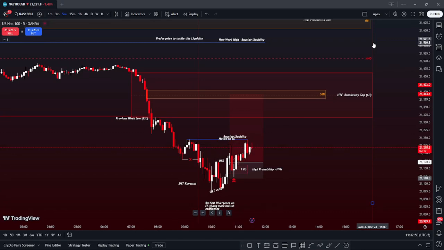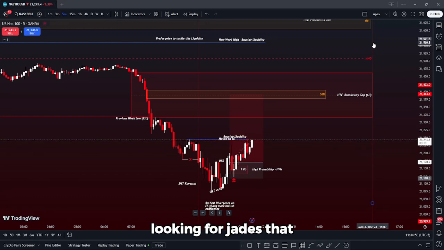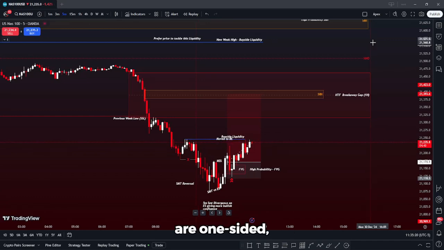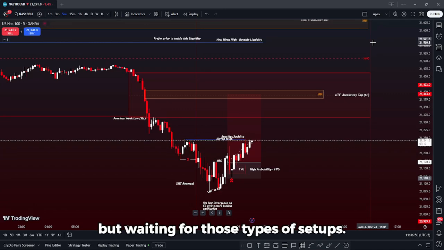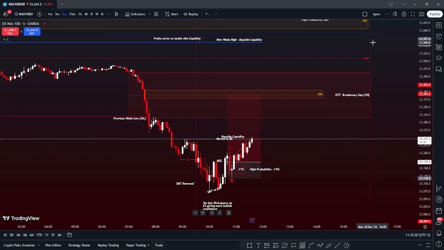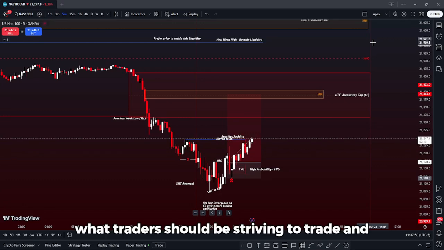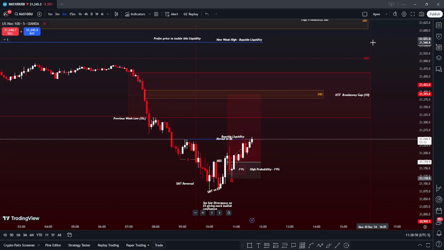All right, so I forgot what I was saying. Low resistance liquidity run. The idea of looking for trades that are one-sided, where it's easy. You don't have to put a whole lot of thought into it, but waiting for those types of setups. Those are, in my opinion, what traders should be striving to trade and hunt,